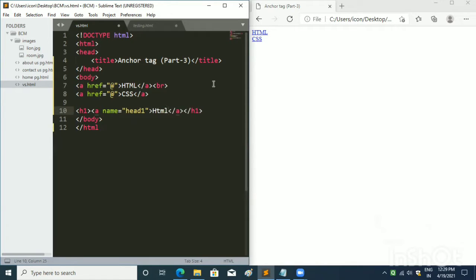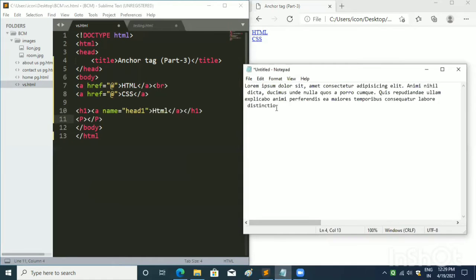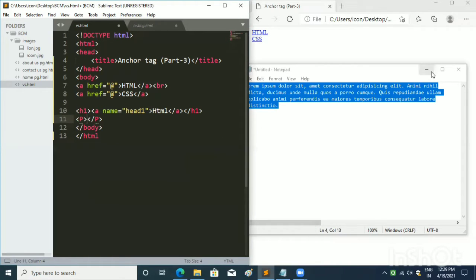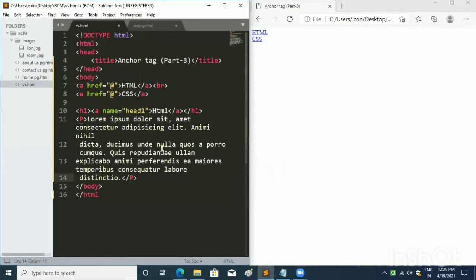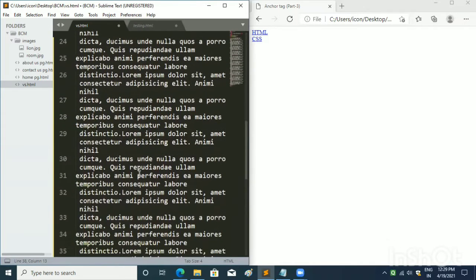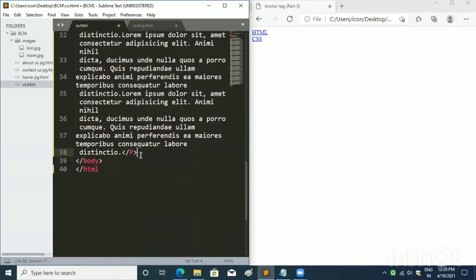I will now take a paragraph in the document, write some text in it. I have written some text in the notepad. I will copy it and paste it in the document. Now I will take one more heading in the document and give anchor tag between it also.